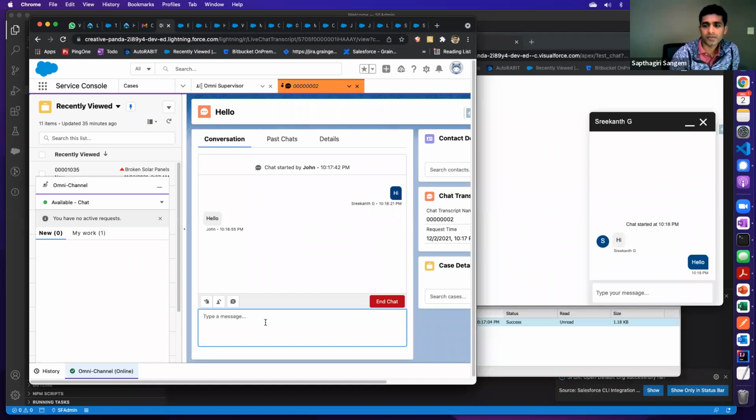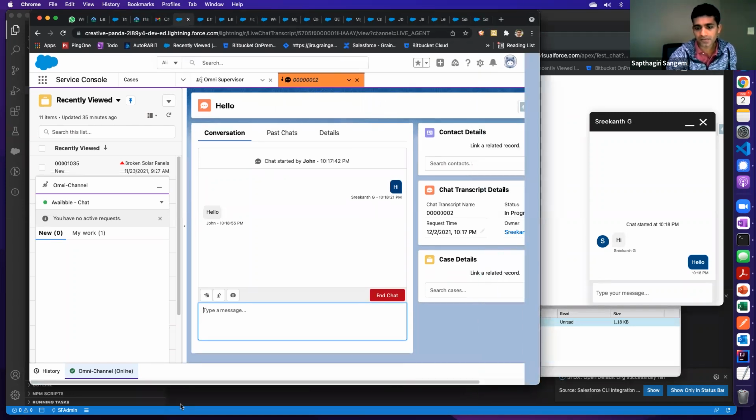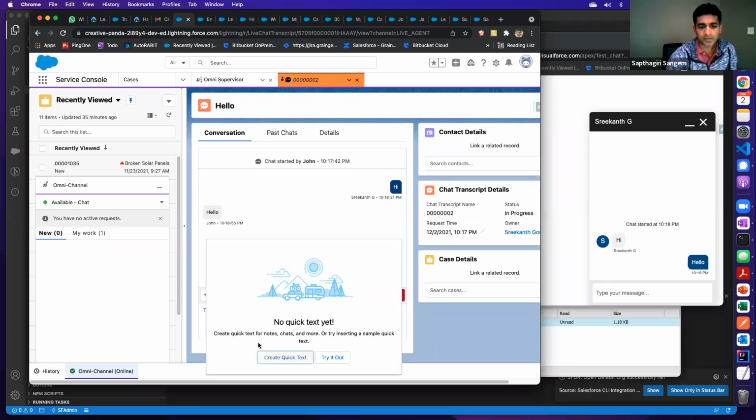If you see here, even this one doesn't take much time to set up. Within maybe an hour or two, you should be able to set up all these things, and you can enable customers to chat with you. And from here, if this agent wants to transfer this chat to somebody else, you can do that. And if you want to enter any quick text,